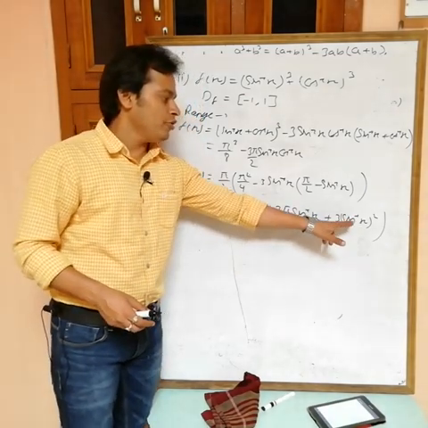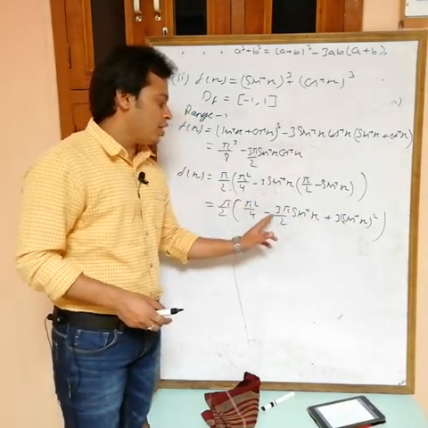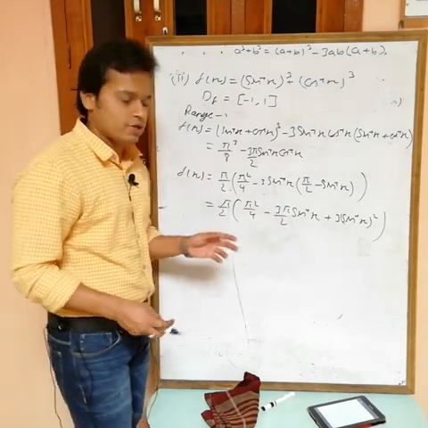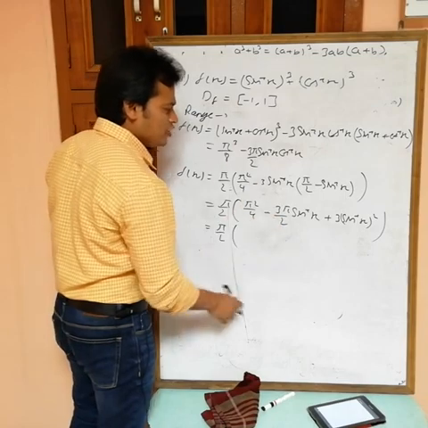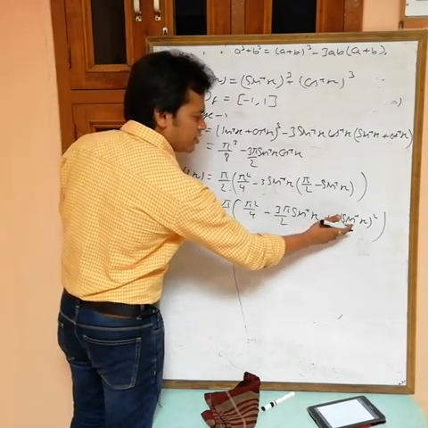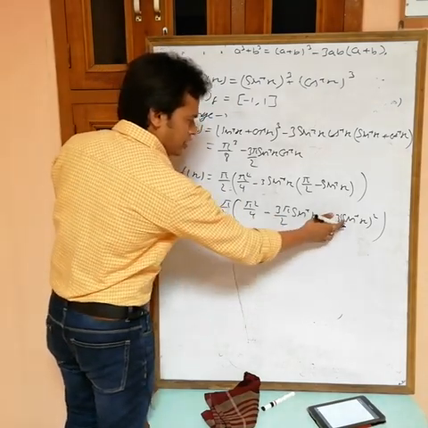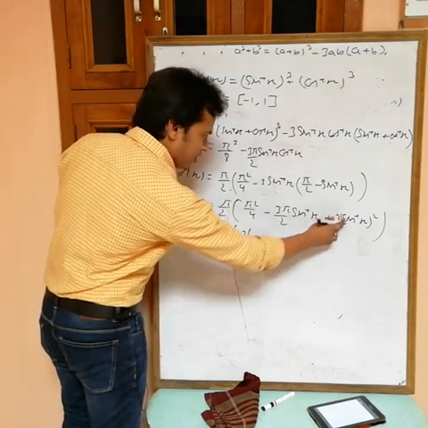Okay. So if you assume this one as x, then 3x square minus 3 pi by 2 x plus a constant like this one. Okay, so try to make a square. How to make a square? First I have to make the coefficient of sin inverse x square as 1. So I am taking common 3. If you take common 3, then what are we getting?